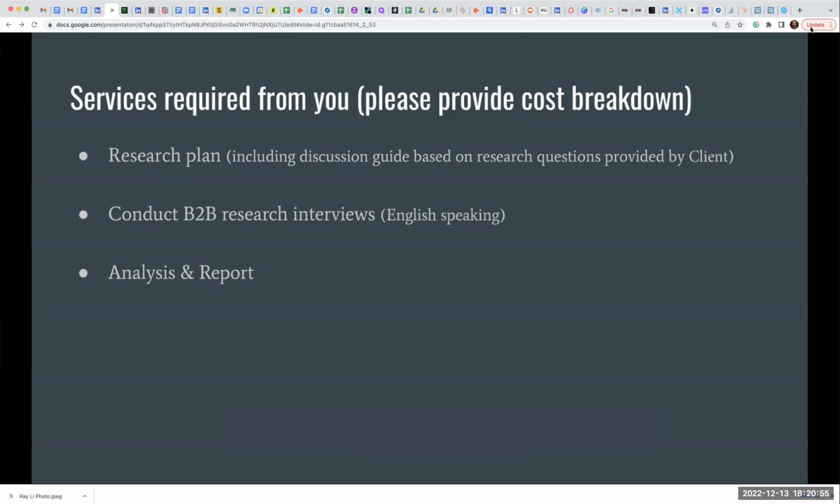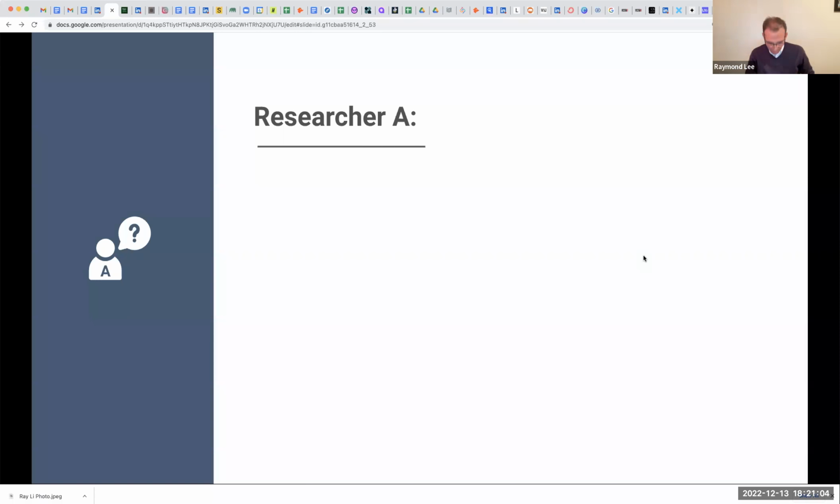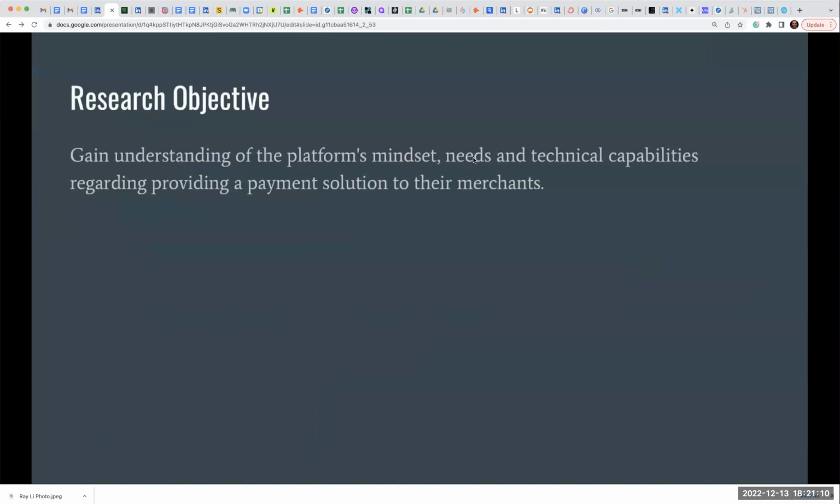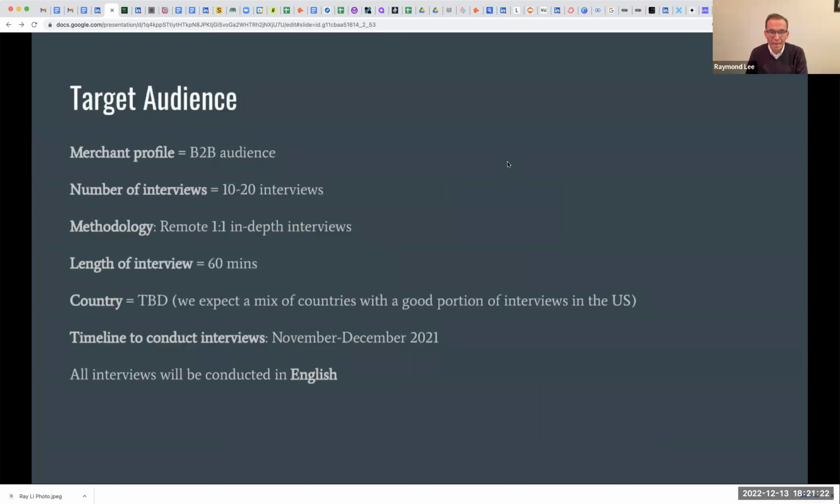Is it dependent on whether it's a usability test, or is it just general? We just have this information from the RFP, but my sense is they're trying to understand their client better, the needs and technical capabilities. So this is not a usability test, it's more foundational research. And there would be about 10 participants? They've said 10 or 20 interviews. We're going to assume 10 and provide a bid for 10, and if it's higher, we'll ask to adjust our bid for additional interviews.